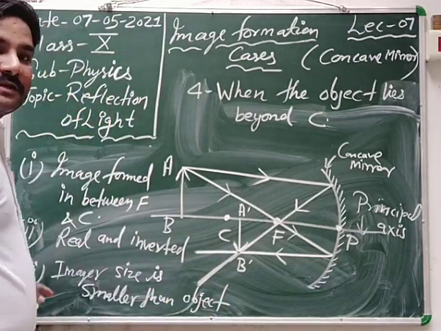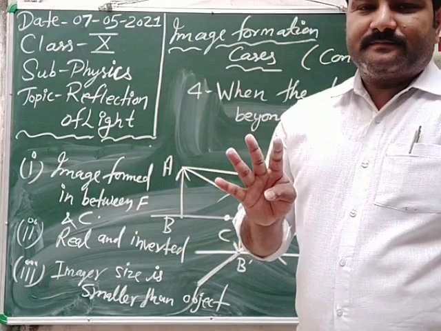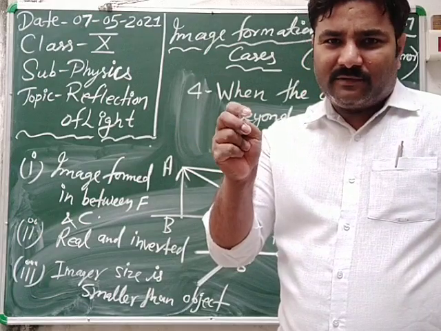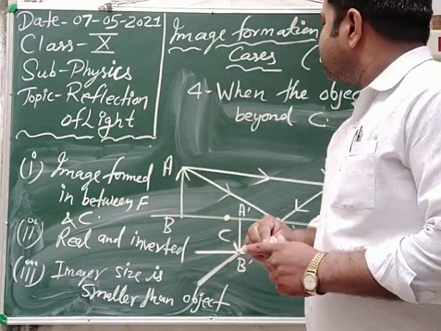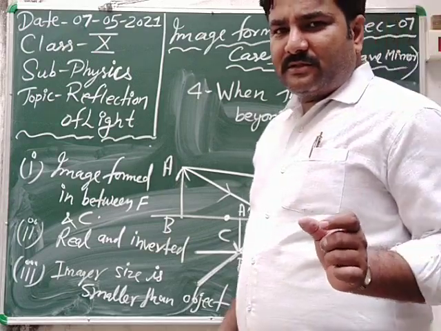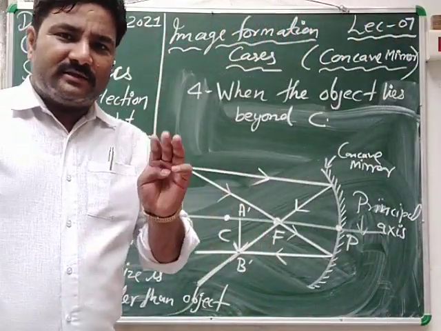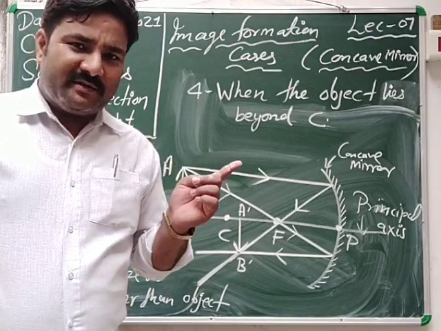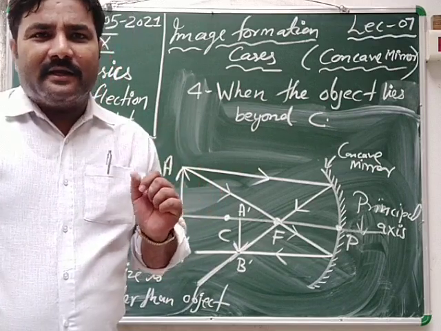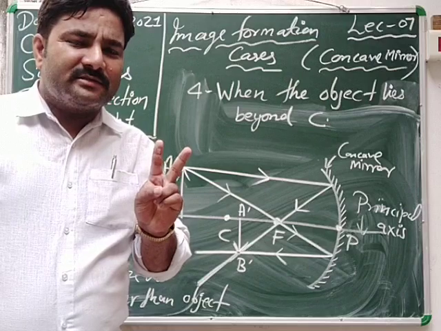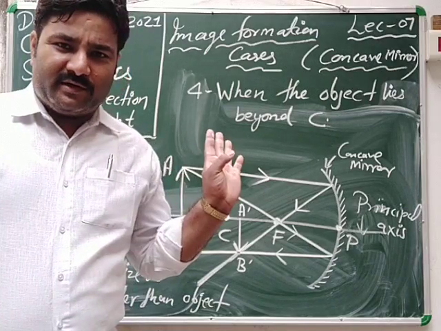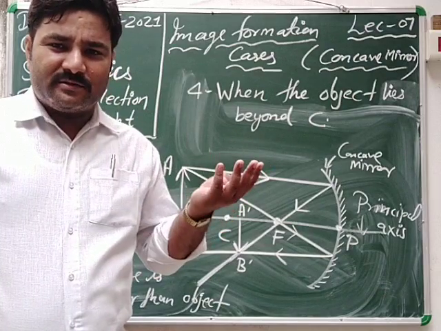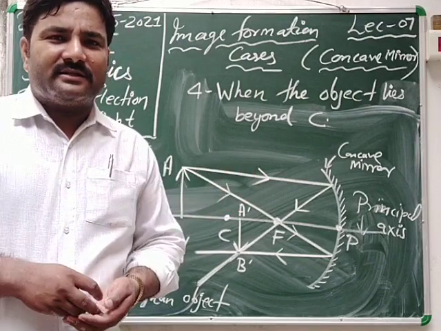Clear? These 3 points. All the 4 points are very easy. When first is clear, then second will also be clear, just complementary, then third clear, then fourth will also be clear. So about concave mirror, as I discussed, the 4 points. The remaining points we will discuss in next lecture, and after that we will discuss the image formation cases due to convex mirror also, because in convex mirror only 2 cases. Clear? So total 4 cases discussed today, and remaining cases will be in next lecture, in lecture number 8.